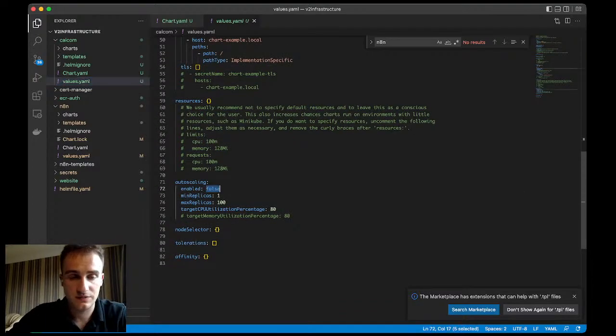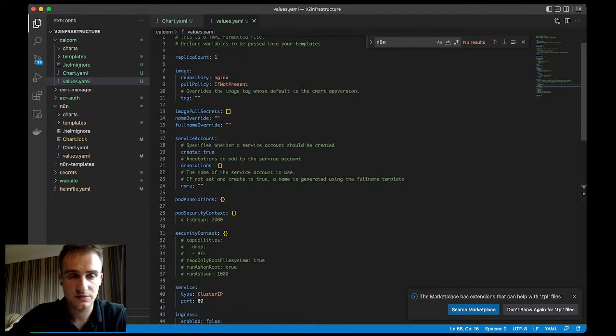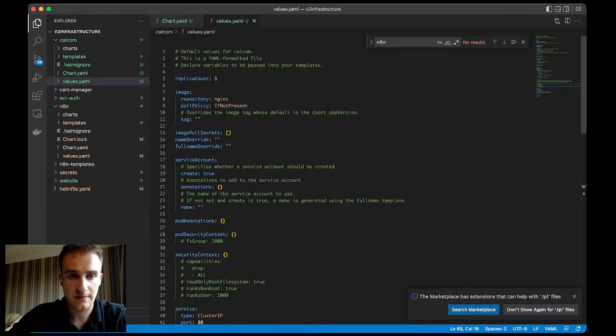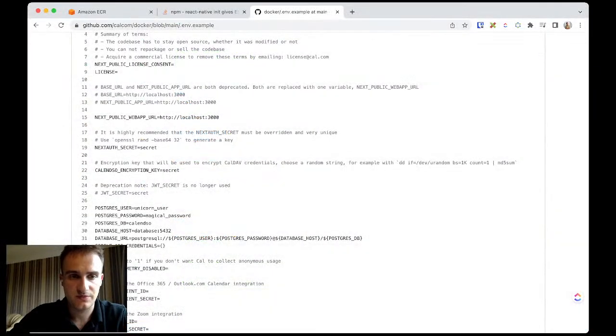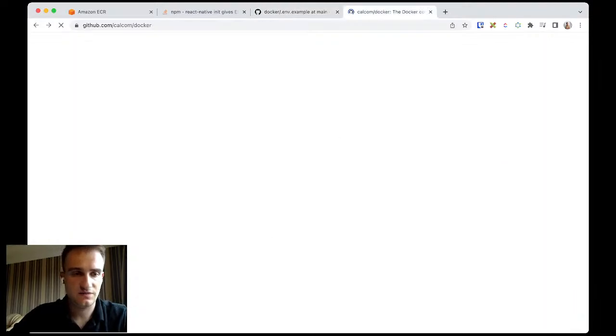I will enable autoscaler straight away. And then I allow to define environment variables directly here in the values file. Okay, also before moving forward, I want to specify the proper Docker image, and I'll just get it from the